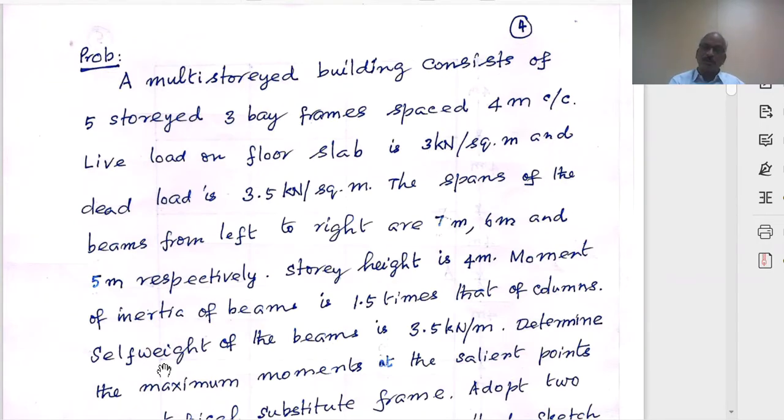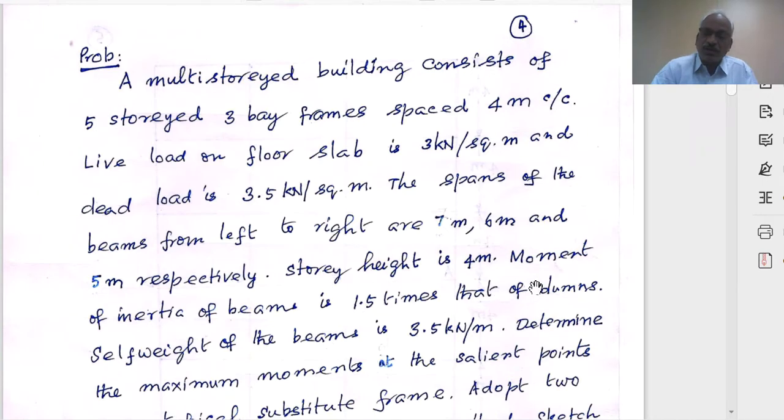So we have to assume, because without assuming the dimensions, we cannot find out the moment of inertia. We will not be able to find out whether it is 1.5 times or 1.8 times. So this is a basic requirement for a civil engineer, right? Now in an analysis problem it is given, that's all. So we have to assume the dimensions, find out the moment of inertia of the beam, find out the moment of inertia of the column, and find out the ratio.